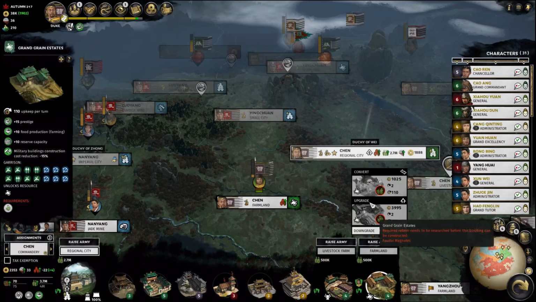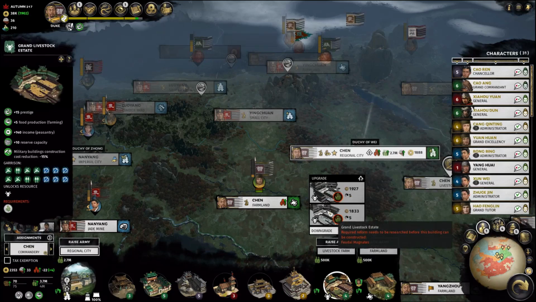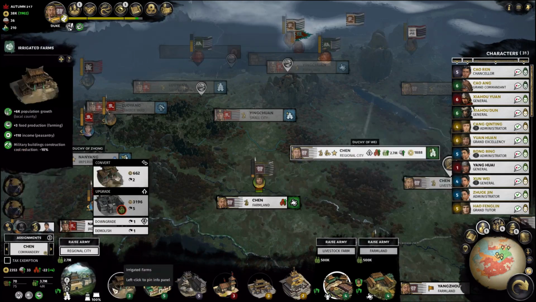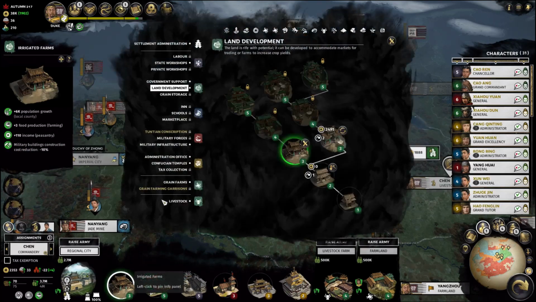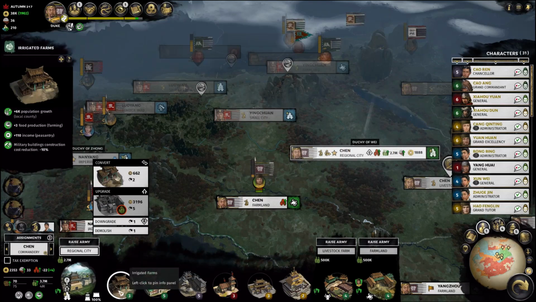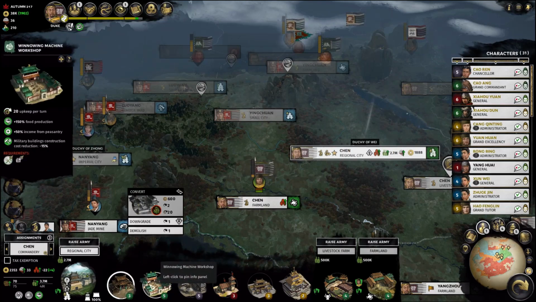Let's calculate for a second. If I upgrade this settlement, it gives me 10 food production, and if I upgrade this one, it will give me 7, so it's like 17 the base. And if I get this one to 5, it will give me 5. So 17 plus 5 is 22 base food production. Now let's start to